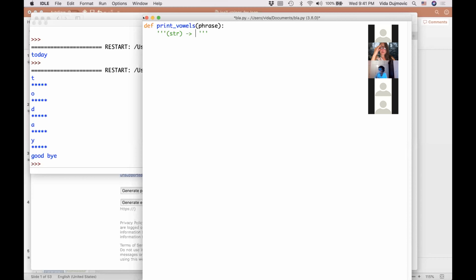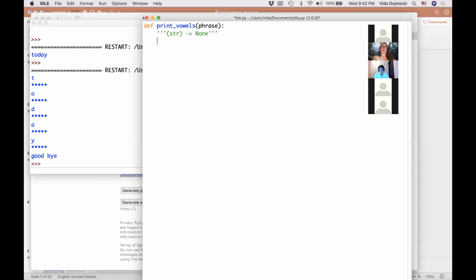Let me repeat what I asked this function to do. The function takes a string and prints every vowel in the string. Did it say that it should return anything? No. The function does something, and there is no requirement that it returns anything. So it returns None, because Python returns None if it doesn't encounter a return statement. So we are not returning any value.